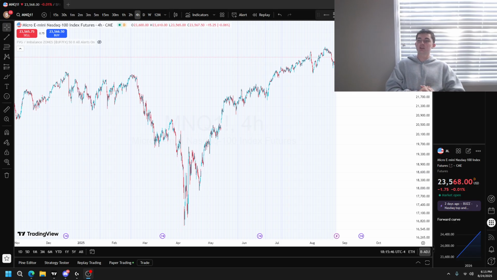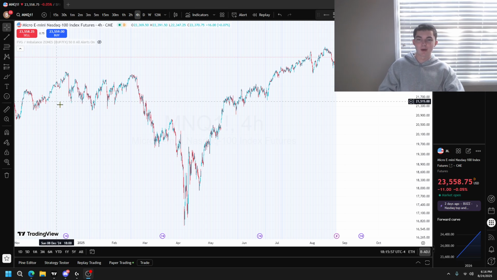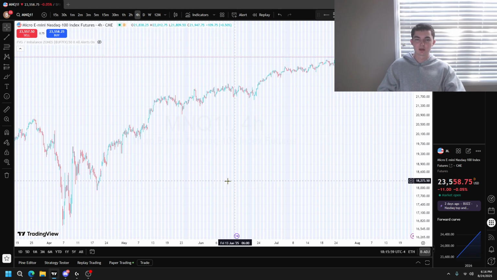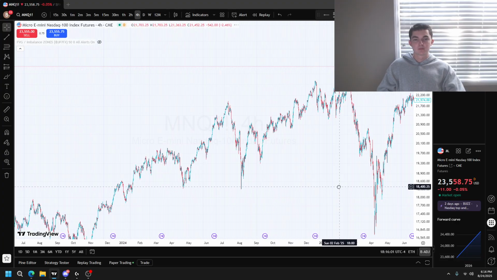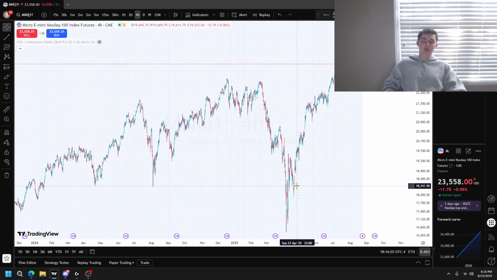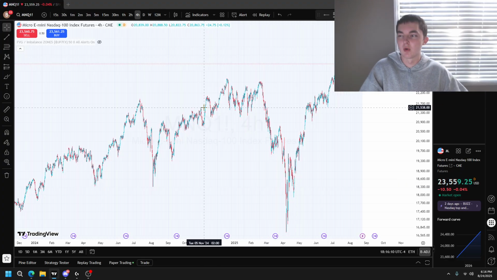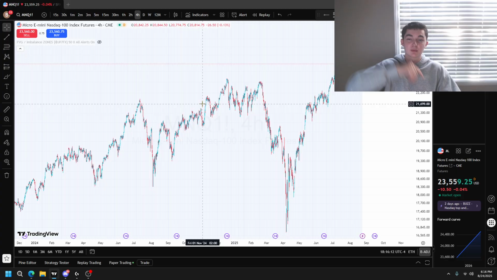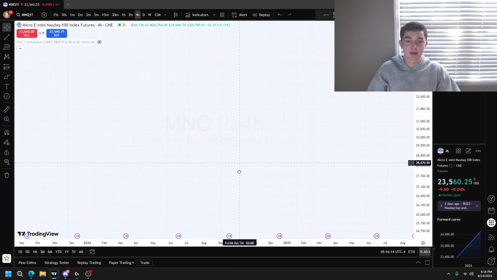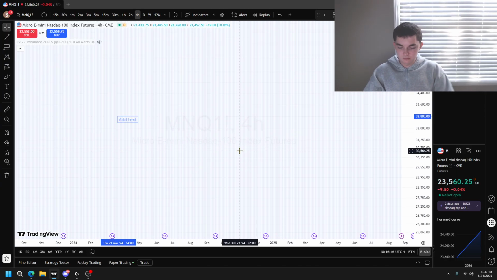Today is gonna be liquidity. I really like liquidity. I think it's probably the one I use the most. It's my favorite confluence. I'm gonna give it to y'all and show y'all how I interpret it, how I use it. It's gonna be kind of hard because in the end everything kind of ties in for one thing, so it's hard to show it individually, but it shouldn't be too hard to explain. This is probably the first thing that opened my eyes when I started learning to trade. So